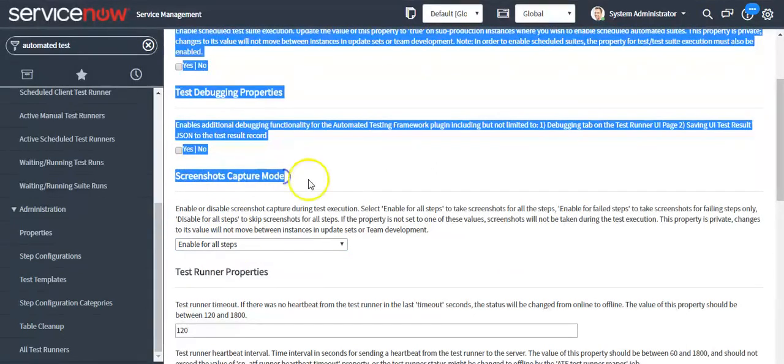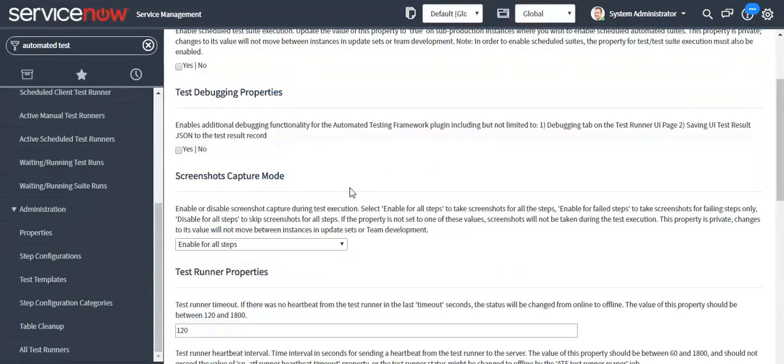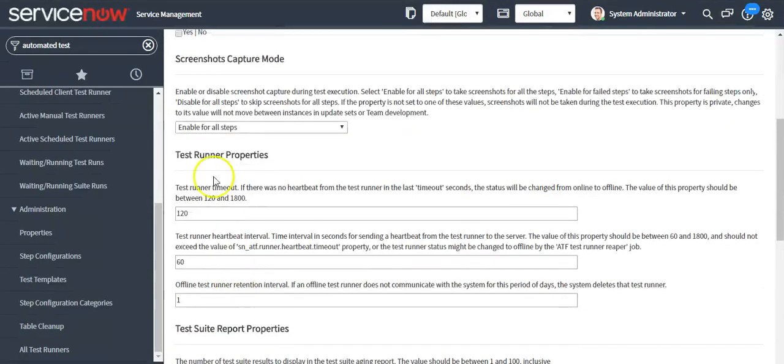By using this property, we can set when it should take a screenshot. If you want it to take a screenshot in all the steps, we will select this drop down. If you want it to take a screenshot only during failed steps, then we will select this option. And if you want it to not take any screenshot in any steps, I'll select disable for all the steps. Likewise, there are so many other